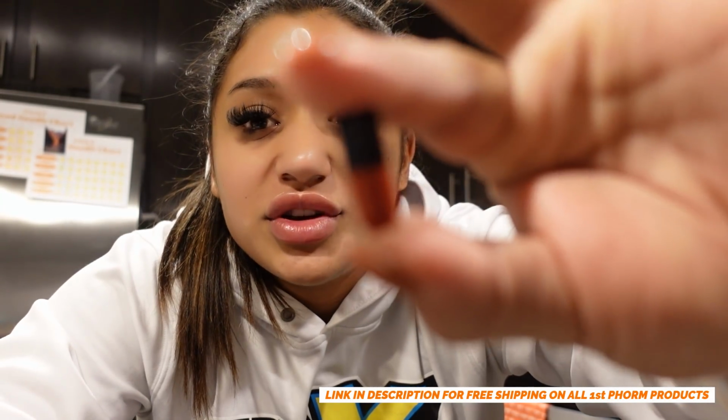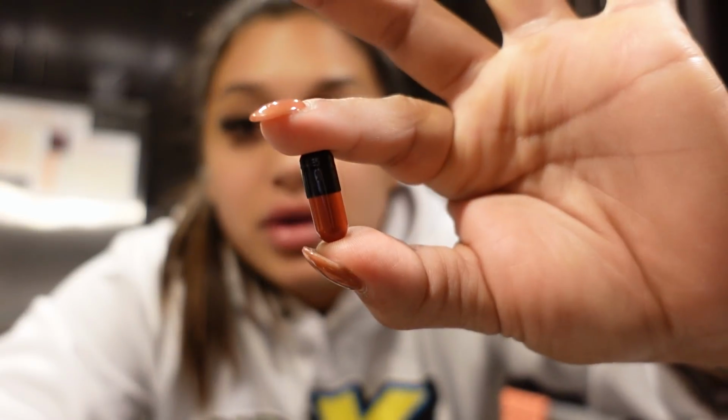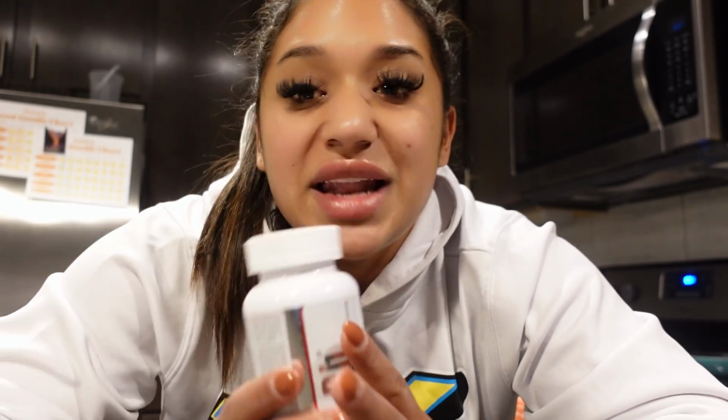I only take one of them. What you do is you kind of just have to gauge how much you take for yourself. So I only take one. It helps with increasing your internal temperature so that you can help burn fat while you are working out. So you get hotter, you'll sweat a little bit more. I absolutely love using this when I'm on prep and I'm a little bit closer to show, which is another time when I'm cutting. But like all things, this isn't going to be a get